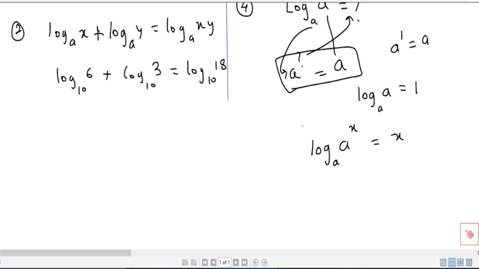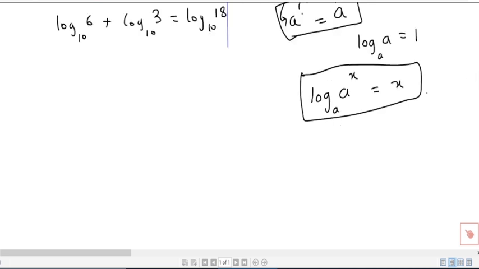Now why I am saying this is because we have another property to verify this one, and this is property number 5,